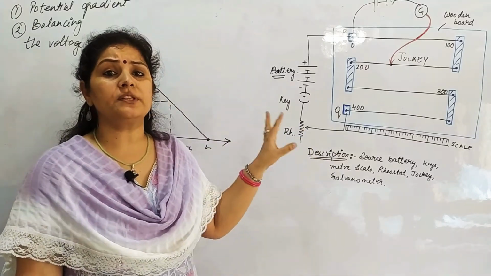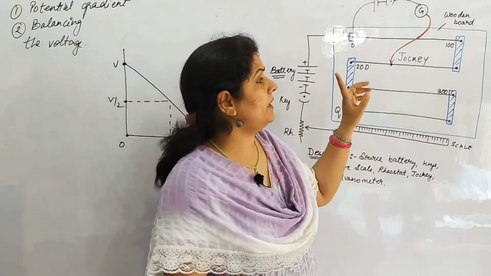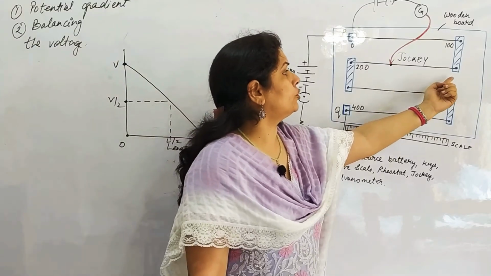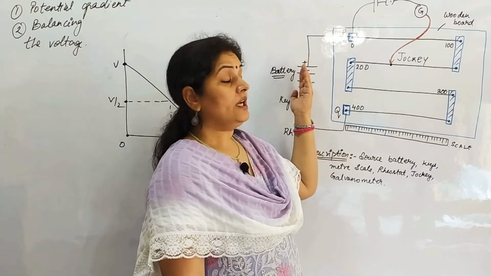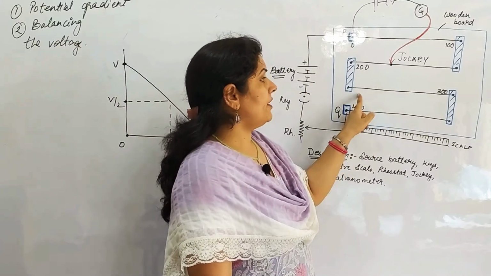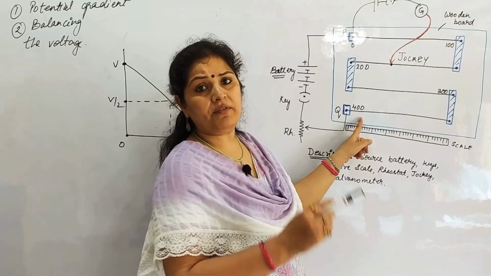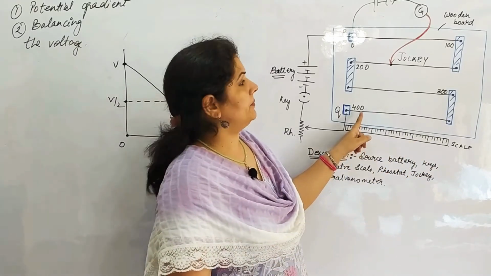Each wire has a length of 1 meter. This is a typical physics laboratory potentiometer. Generally there are 4 wires in the lab. So 0 to 100 is the first wire, when we calculate the length in this direction, 100 to 200 on the second wire towards the left, the third wire towards the right, 200 to 300, and the last wire 300 to 400. So you have to be very careful when you are calculating. Whether you are going right or left, that you have to see, right?